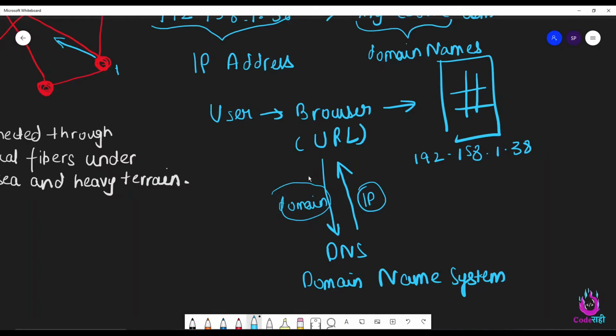So your browser first sends a request to the DNS asking for the IP address of this domain name, and the DNS server will send back the IP address of this domain name, and then your browser can directly send a request to this particular address. And once this request is sent, the data center will look for the request, and it will send an appropriate response. In this case, the home page of the website.